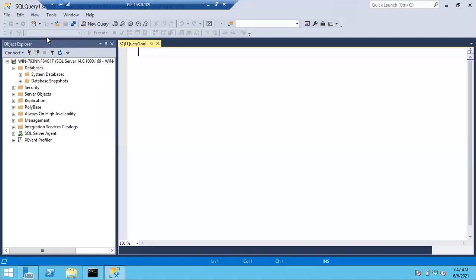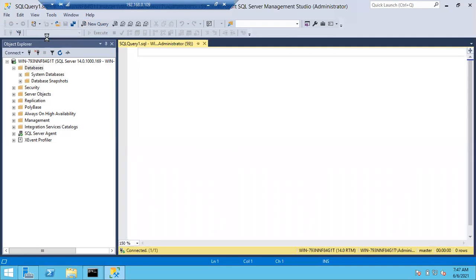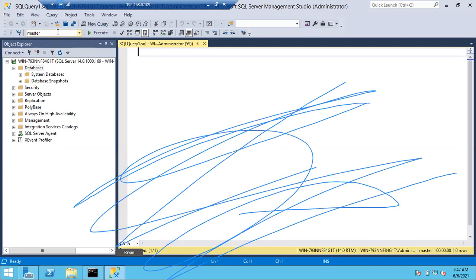So again and again I'm saying, very important: before clicking on the execute button, cross check once or twice on which database you're executing the query. Even experienced people make mistakes sometimes. They forget on which database they're executing the query. So again and again I'm saying, don't run the queries carelessly.